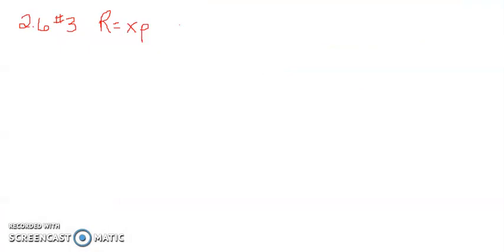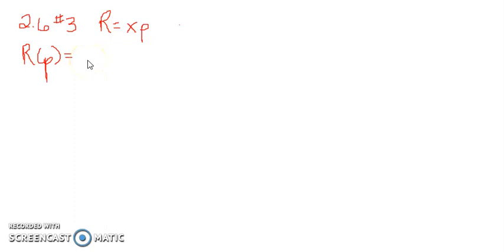So we need to recall from problem number 2 and from the notes that we took on this section that R, or revenue, is equal to the number of products produced times the price of each product. So when we are finding a function in terms of P, we're looking for R of P, which will be equal to, and we know from our problem that X is,